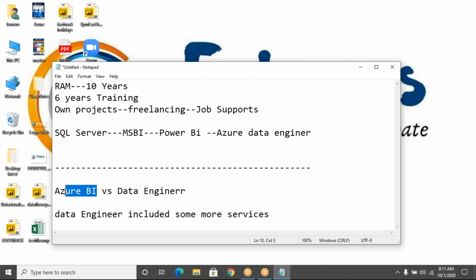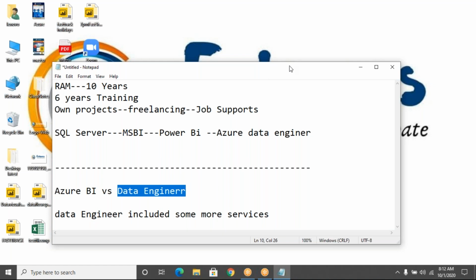Azure BI has a limited number of services, Azure Data Engineer has some more services. And Microsoft does not have any name called Azure BI. So Azure BI is the name for the course we prepared. As per the requirement, we prepared this Azure BI. But Microsoft says there is an Azure Data Engineer.